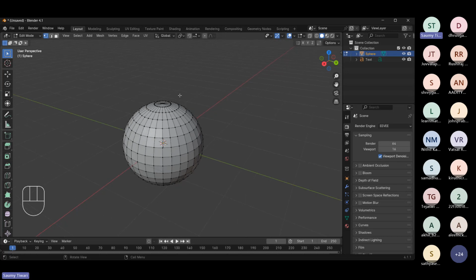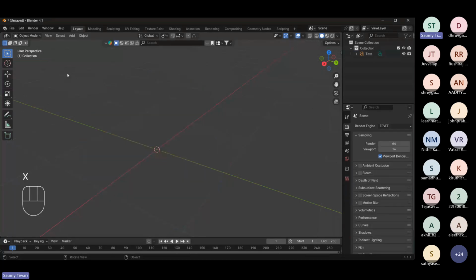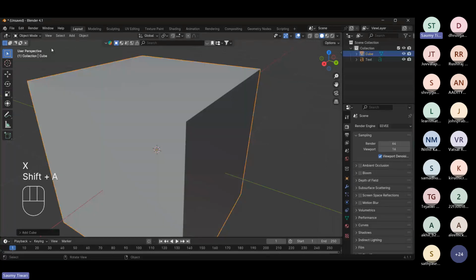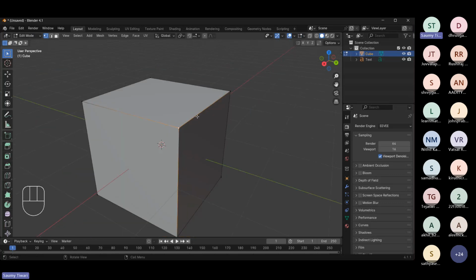Let me show you how you can bevel a vertex. Right here it's a point, a star vertex. If I want to smooth this one, just press Control Shift V. It's the shortcut for bevel. Now you can see